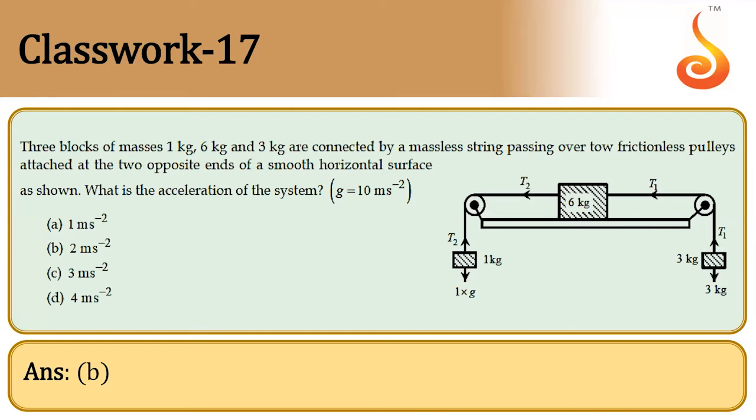Yes. Now it is given that the horizontal plane is smooth. So this plane is smooth. Here the weight is 3 kg, here the weight is 1 kg. So obviously the system should accelerate this way. So let us say the acceleration is some A. If it is accelerating with A, all are connected by string. So this way it should be A, the acceleration for 6 kg, and this should move up with acceleration A. Correct?